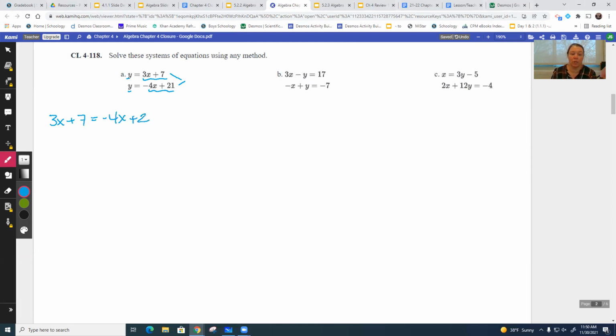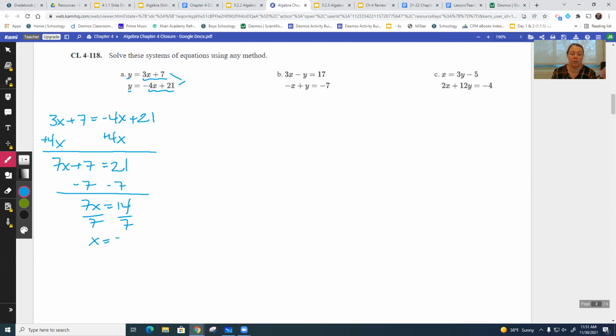Okay, so then we're going to solve this equation and get our x. So I think I would add 4x first, get all the x's to the left here. So I would have 7x plus 7 equals 21. And then I'm going to subtract the 7. So 7x is 14. And then when I divide both sides by 7, I get that x is 2. I also want to know what y is. So I'm going to take this x equals 2, and I'm going to substitute this into either of these two